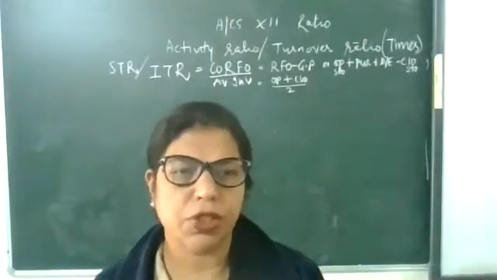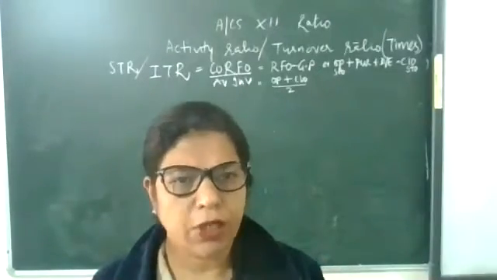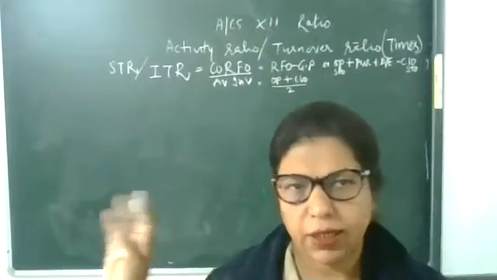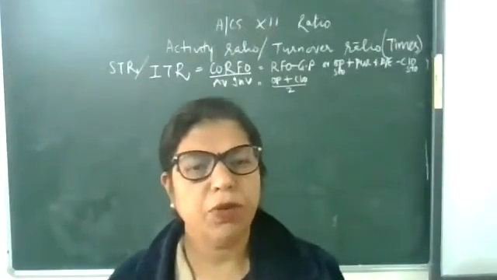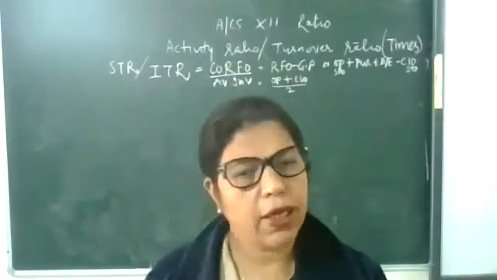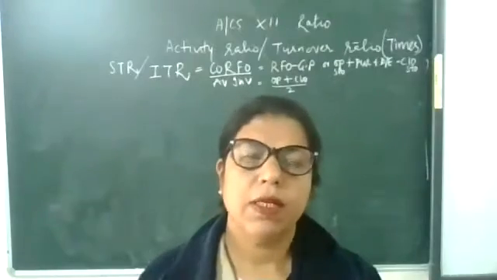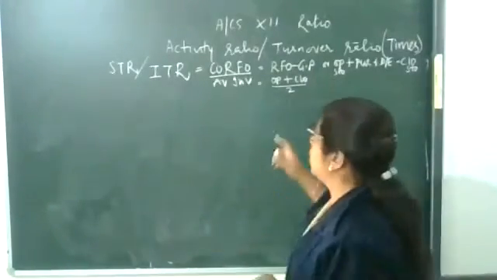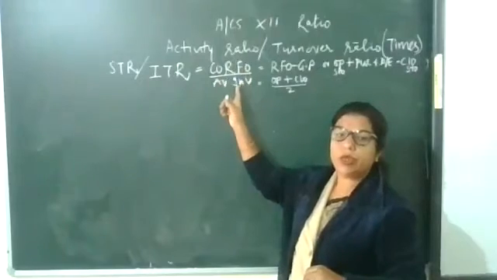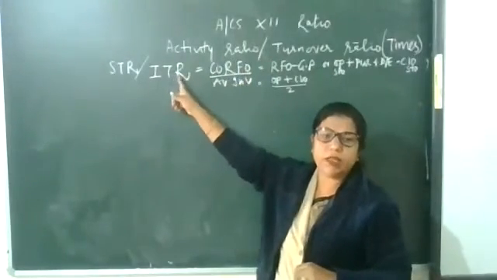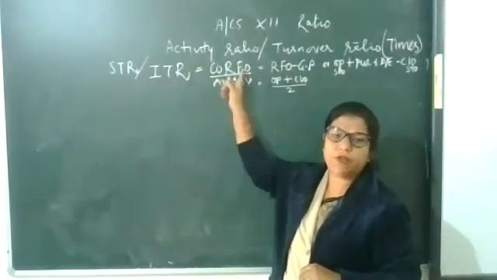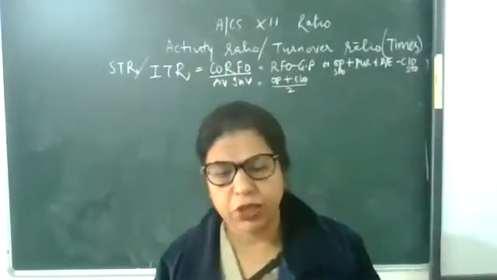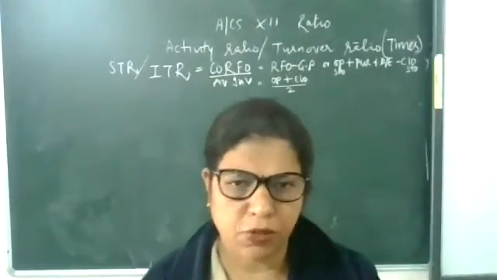Now we are going to start the questions one by one. There are 3 types of questions for this topic. One is all items given. Second, something is missing in these two. And third, ITR given and we have to calculate anything. But generally, this type of question will come, so we have to practice more.